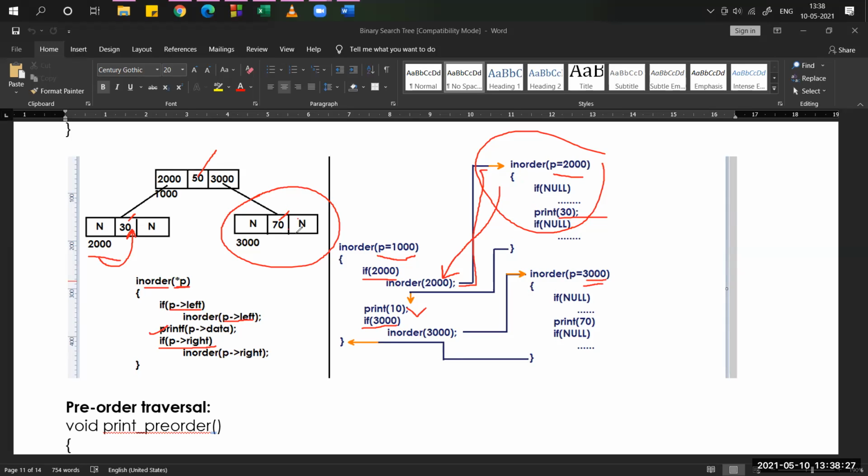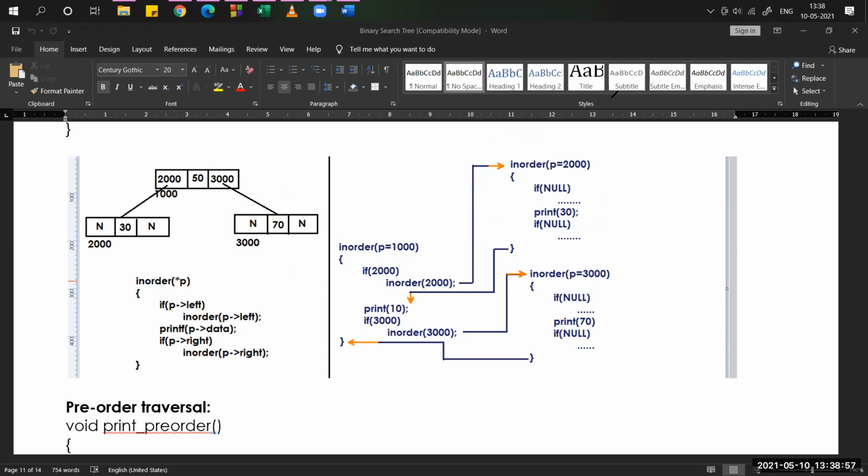If you go left or right from 70, there are no nodes. At that time p equals null. Whenever p equals null, the sub function, I mean the recursion, returns to the main function, and then it will execute the next line. Like that, the recursive functions will be executed repeatedly. That is the in-order traversal.